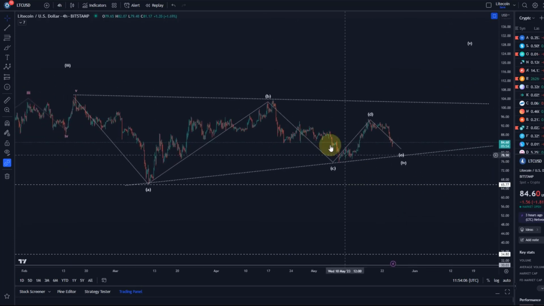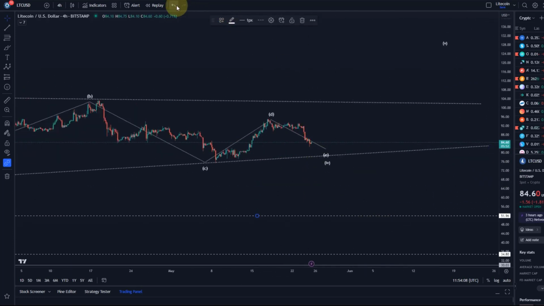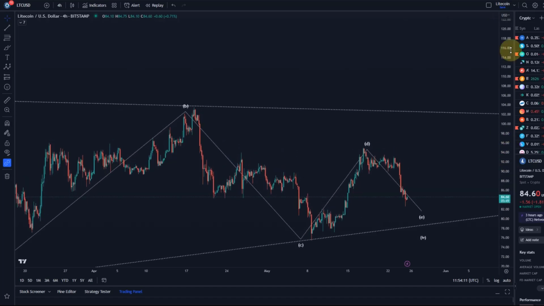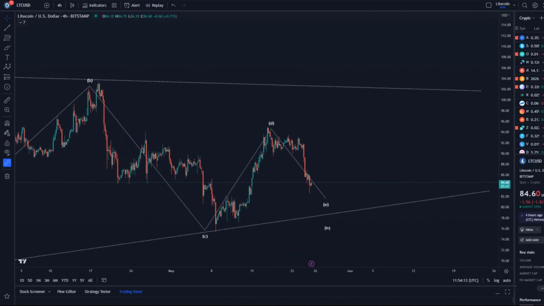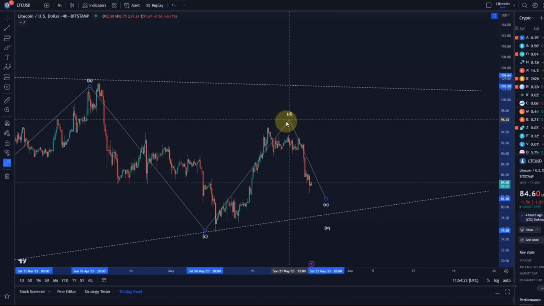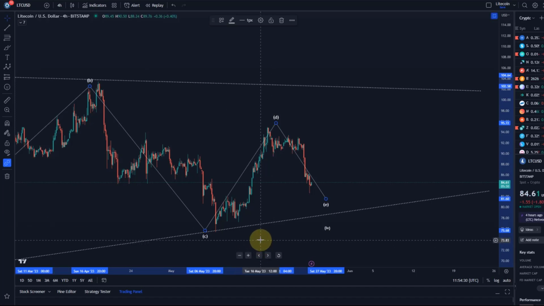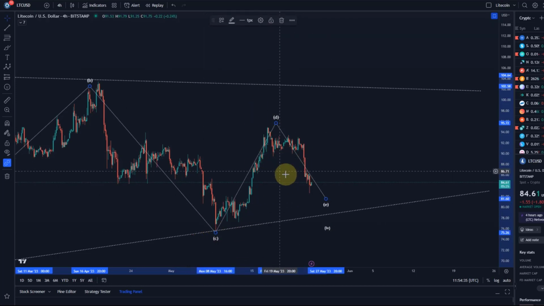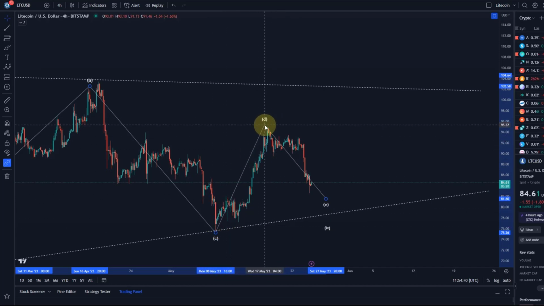And then in the E wave, I mean, the question is now, is this the E wave down already? Or is this all still part of the D wave? So if C finished here, just looking at the micro, just trying to find out. I mean, this is certainly a three-wave move up. So the D wave could be finished.